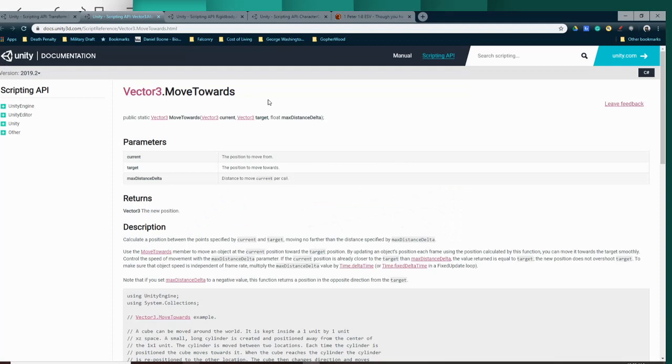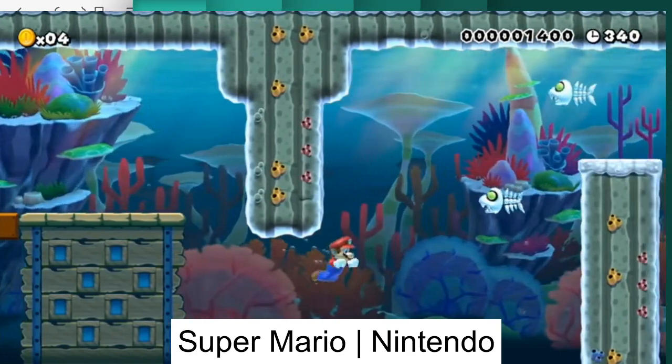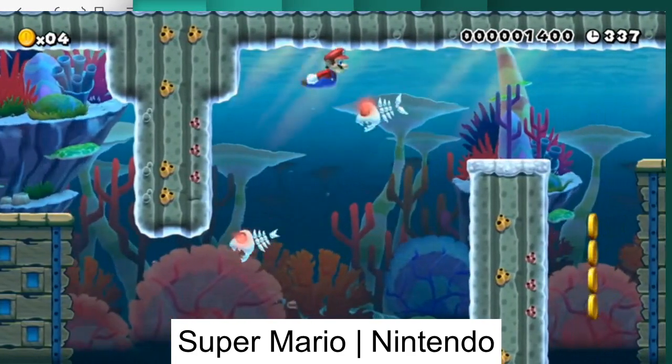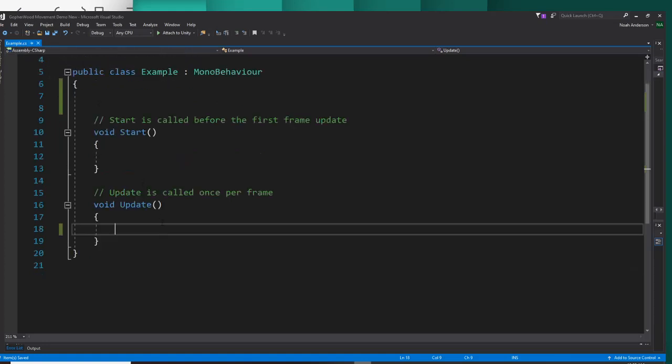So the next one here is Vector3.MoveTowards, and this is a great one to use if you have an enemy or an AI that you want to hone in on your player's position. Alright, so go ahead and make a C# script and hop into the update and type in transform.position. The transform.position is essentially the position of the object that this script is attached to. So if I attached it to the camera, it would be wherever the camera was, or if I attached it to the enemy, it would be wherever the enemy was. So transform.position equals